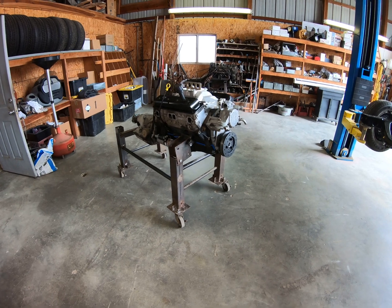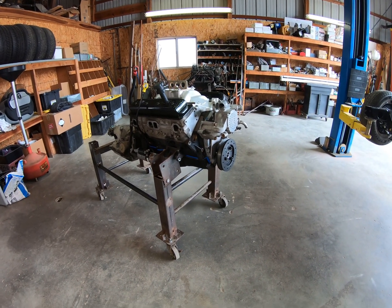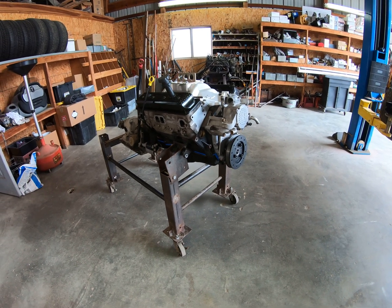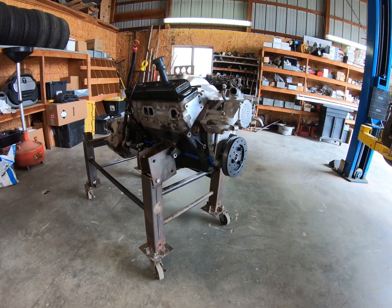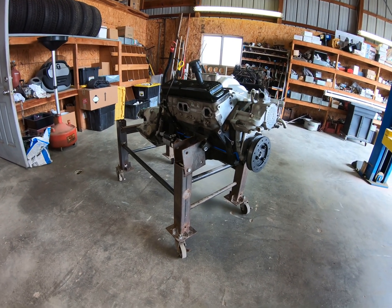Here we are. Previously said 96 LT1. Actually, I think it's a 97 LT1. So I'm going to try not to have that light mess this up. So what we got, I took it apart,